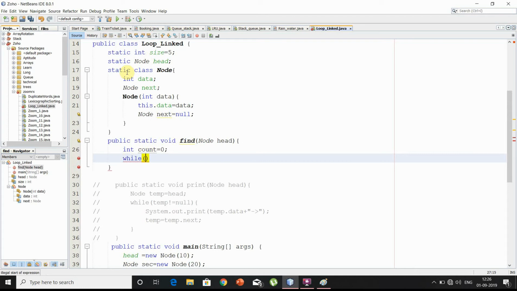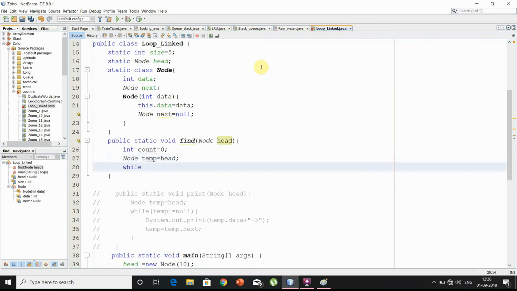First thing I should mention here is I'll declare a temporary pointer node temp for traversing the list, node temp equals head, then while